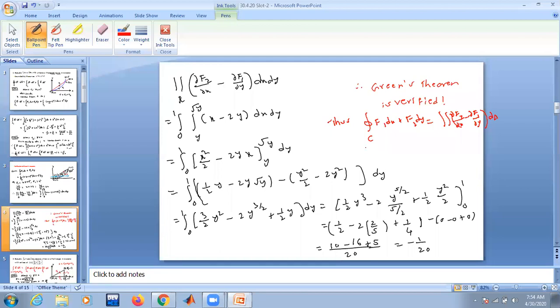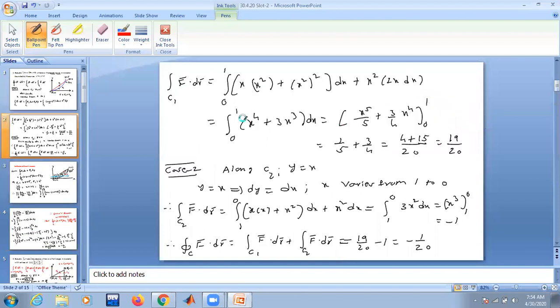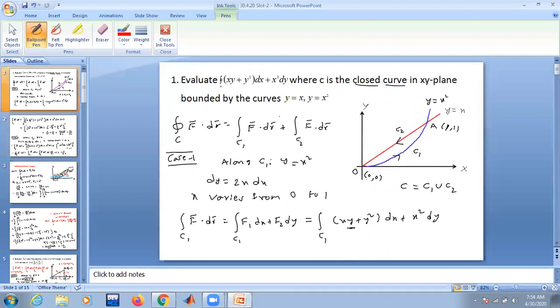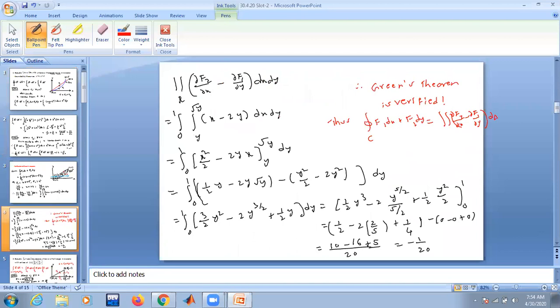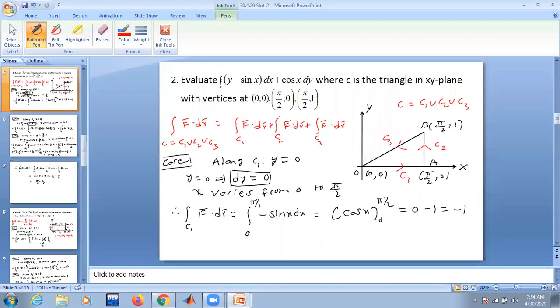In exams, more weightage will be given for verification of Green's theorem, like 12 marks. If it is only asked to evaluate the integral, that may be asked for 6 marks, but verification of Green's theorem may be asked for 12 marks. Is it clear? So read the problem 2-3 times in the exams, whether you are asked to verify Green's theorem, or apply Green's theorem, or evaluate the line integral. Evaluate the line integral, you have the choice, but apply Green's theorem, you don't have a choice. Necessarily you have to apply Green's theorem. Verification of Green's theorem also, no choice. You have to evaluate the line integral as well as the double integral, and show that both are equal.